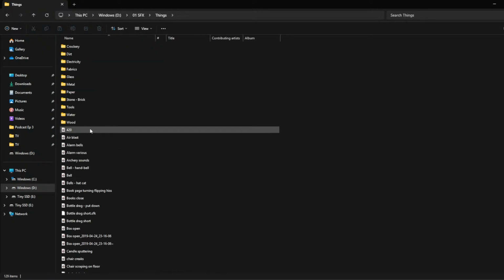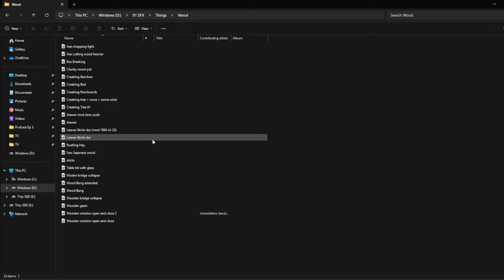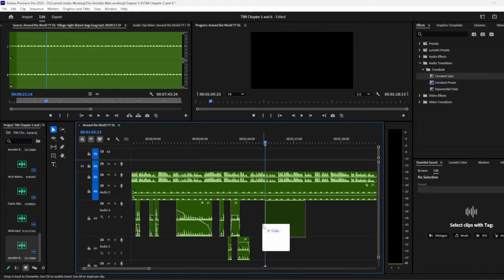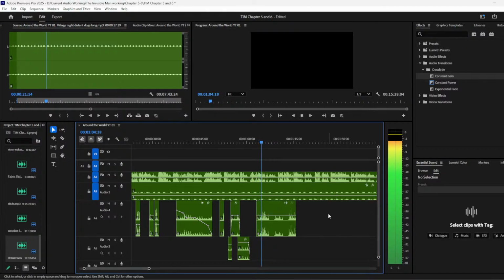SFX, things would draw. Right, we're going to use that. That's just opening a drawer, I think. Fumbling going on at his study desk downstairs, and then a